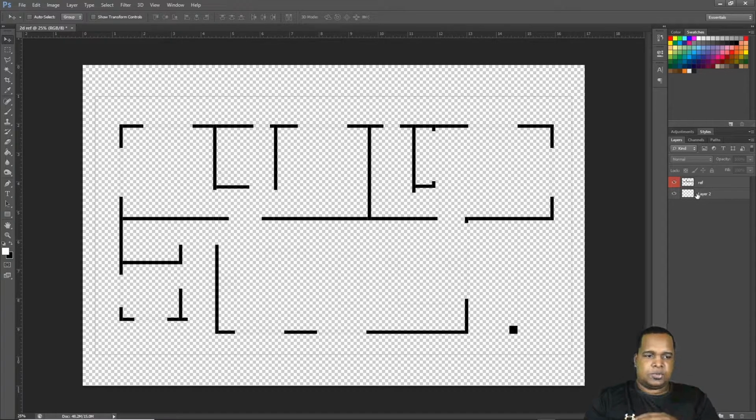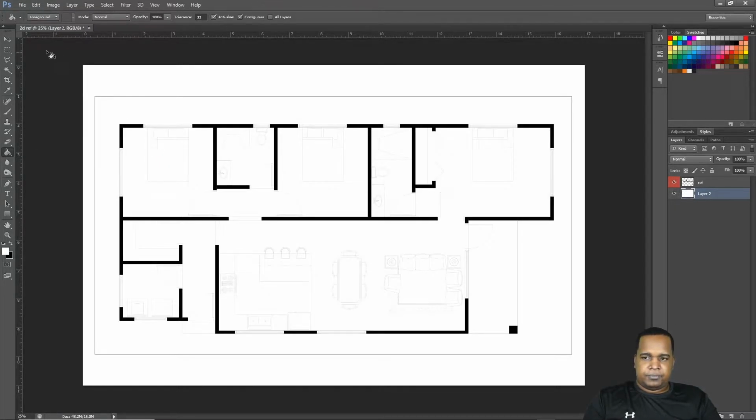You would know that this one is the actual reference. And then on the background we'll fill it with white, just so you can see the reference. What I like to do is create a couple duplicates of the reference, because some of the lines are a